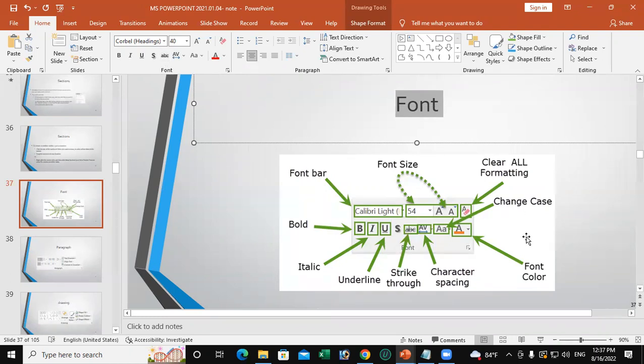Then character spacing, you can increase and decrease the space between characters, right? You can see the preview also. All the formatting that we need to do for a particular text can be seen under the font group, right? So everything is there. You can use these things. Next one,